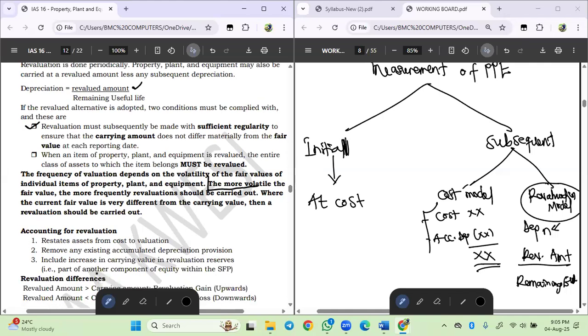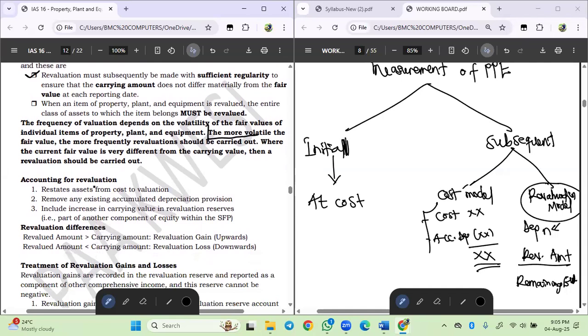Let's get to the calculation steps. So accounting for revaluation. How do you do these things? Restate asset from cost to valuation. So this one is also the subsequent, it's like the subsequent expenditure. So this one too, when you revalue your